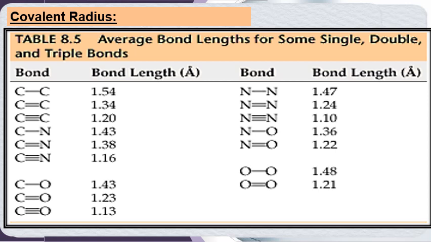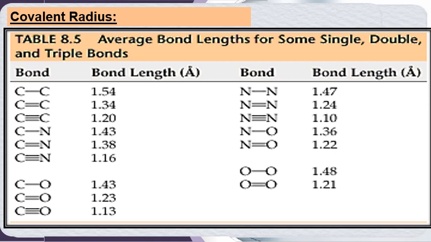Look at the difference between these all. Carbon to carbon there is 1.54, then it is reduced in the double bond, then more is the reduction, 1.20. It means now you are able to answer why there is such a difference and how it is affecting the bond energy. Yes, the carbon to carbon single bond means less amount of energy is required and the bond